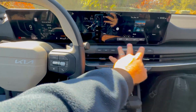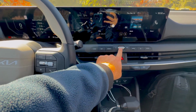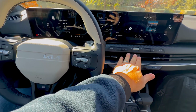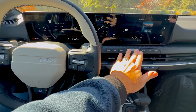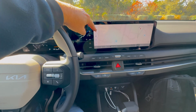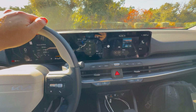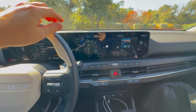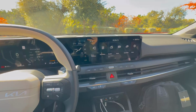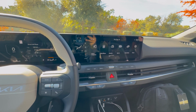We still have some physical controls. I do like that. A physical volume roller here and a roller here. This one's a little bit out of reach, but I love that we still get a physical control. Very unique UI here that is customizable across the board. You can even download NBA skins over your infotainment, which I really like, but it is your typical Kia system once you get past the fact that this is the first vehicle with AI, which it can also do stuff like,